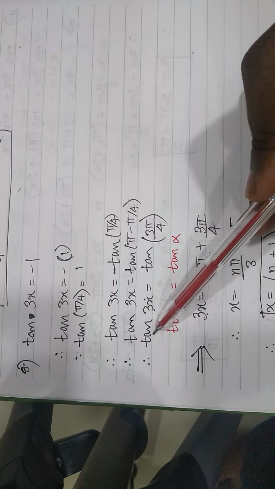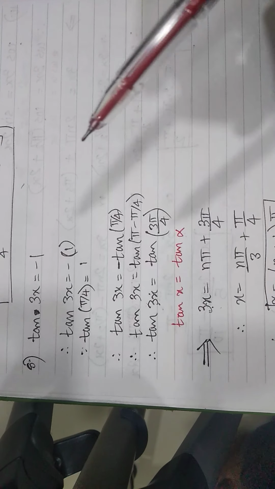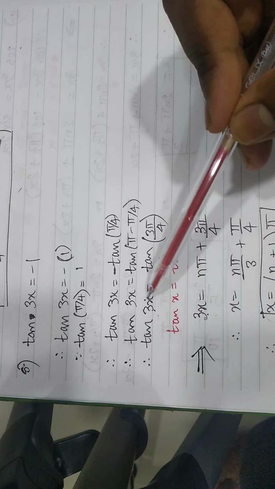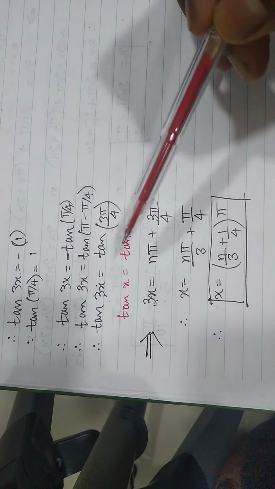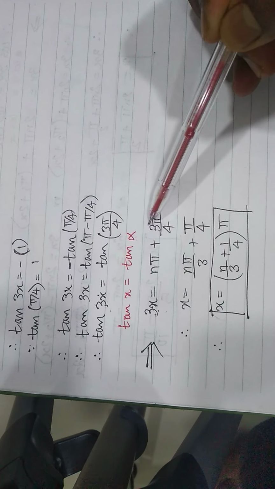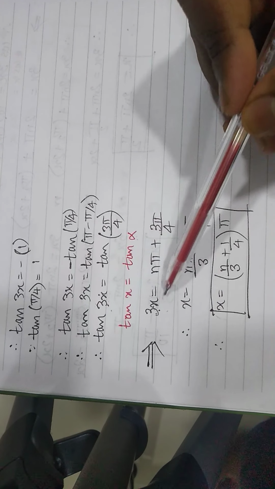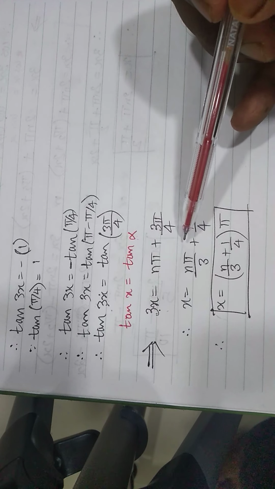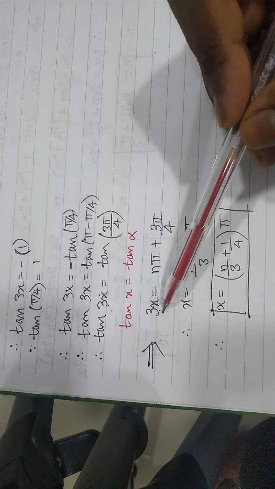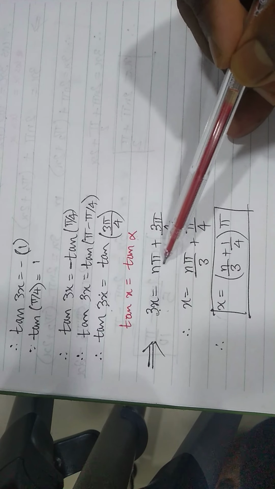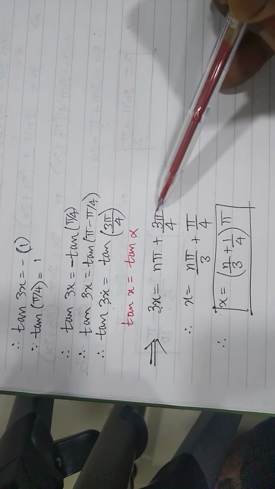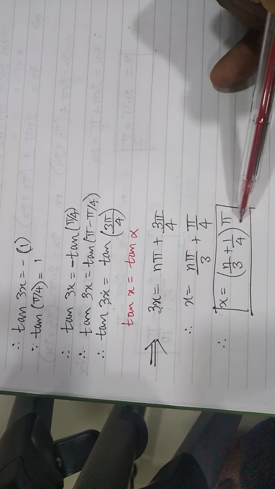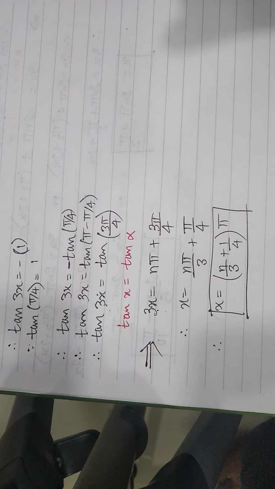So again, this is of the form tan x equal to tan alpha. Alpha for us is 3 pi by 4. X for us is 3x. So you have to take 3x as it is. So 3x will be equal to n pi plus alpha which is 3 pi by 4. Now I have divided throughout by 3, I'm sorry. So 3 and 3 will get cancelled. I'll have x here, it's going to be n pi by 3 plus 3 pi upon 3 times 4. So those 3 and 3 will get cancelled. I'll have pi by 4. Pi being common, I get this solution.